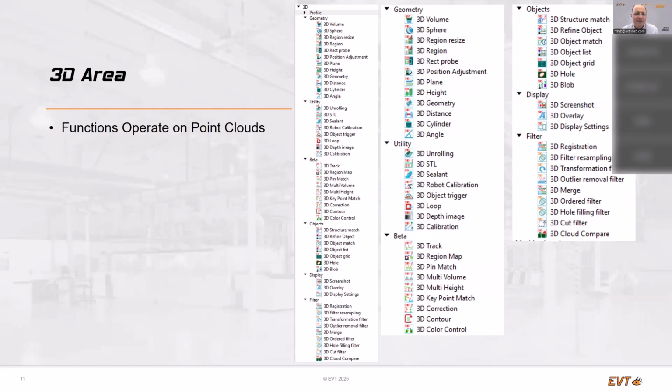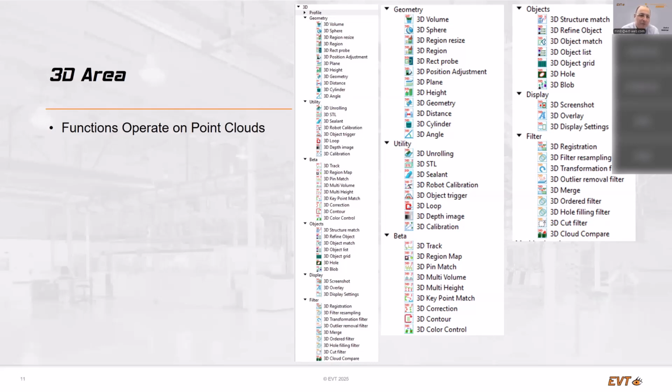The instruction set is somewhat bigger, as you can see, of course, because the point cloud allows you to do much more with 3D. And of course, you can always combine these instruction sets with the originally mentioned instruction set for the 2D,